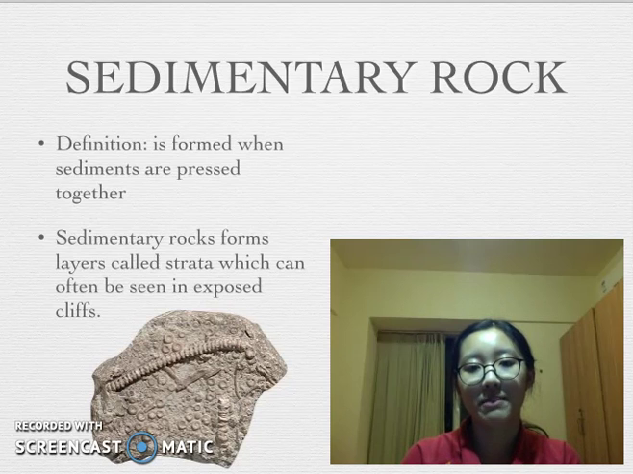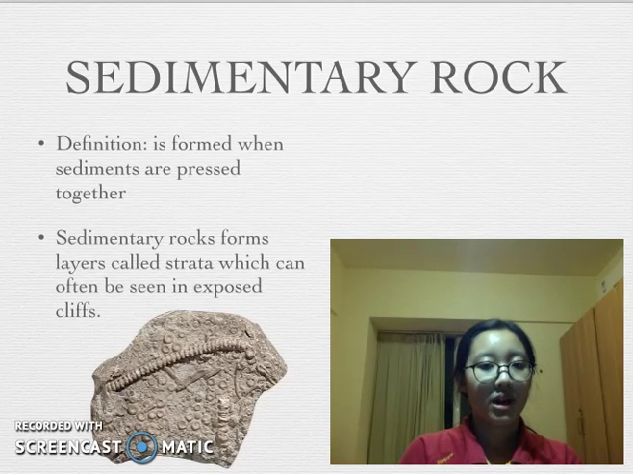Second type is sedimentary rock. Sedimentary rock is formed when sediments are pressed together. Sedimentary rocks form layers called strata, which can often be seen in exposed cliffs. There are many types of sedimentary rocks, such as sandstone, limestone,